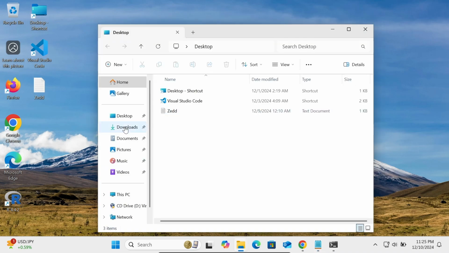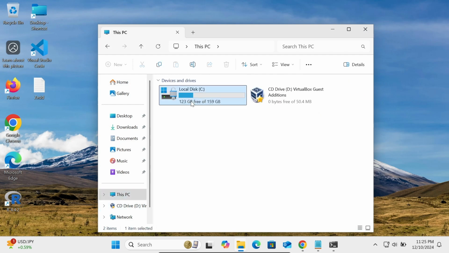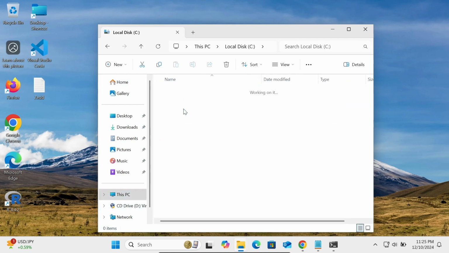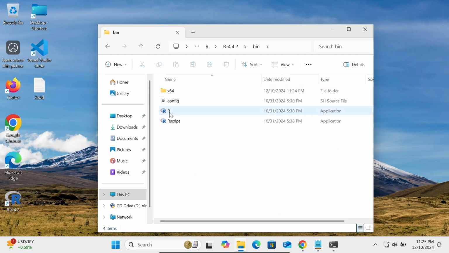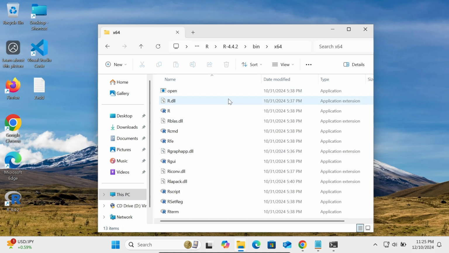So the next step is we need to go to this C drive and here Program Files. This is the R directory 4.2. This has been here, and here you can see our R script is there. If you want, then you can go there to the 64 folder. Here you can also see R and Rscript. So you need to copy this location